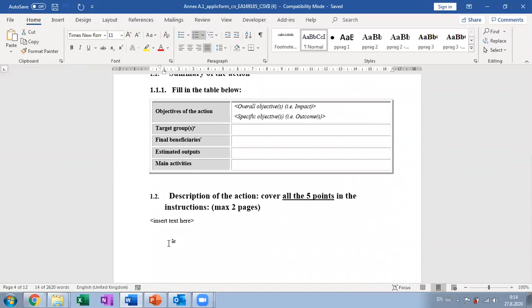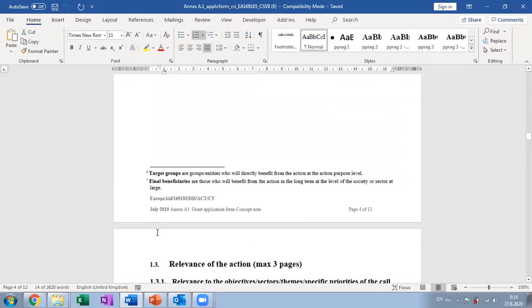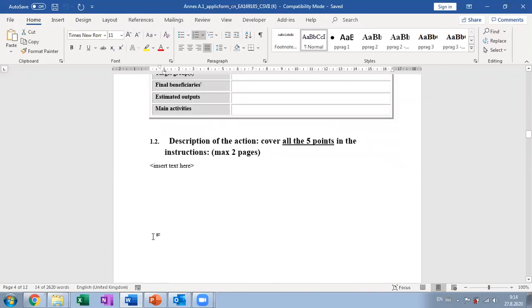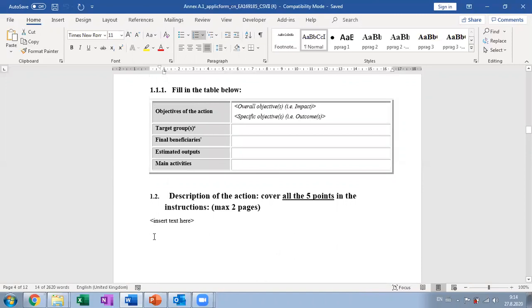I guess the most frequent case where this happens is perhaps in your target group or beneficiary presentation, in this little table in the beginning, you mentioned that you will have, let's say, 42 participants of a certain activity, and then later on when presenting further, all of a sudden it's like 35. Sometimes it happens that these concept notes are developed, it's a process, and then perhaps the table is filled in first, and then as a result of discussions between partners, or as a result of some contextual questions and issues,